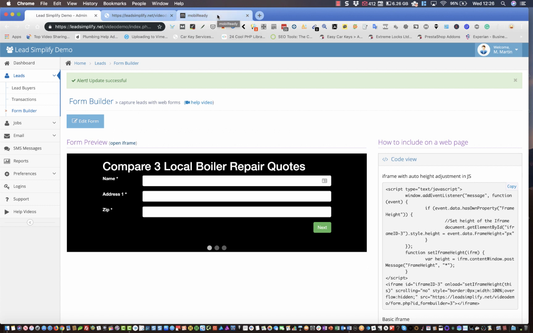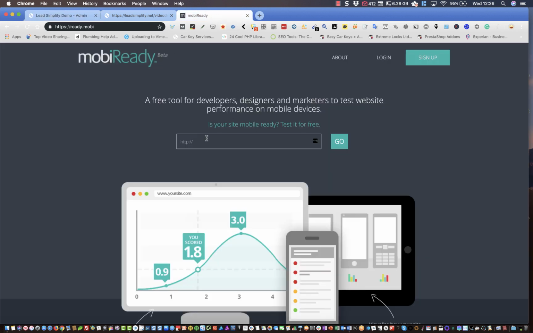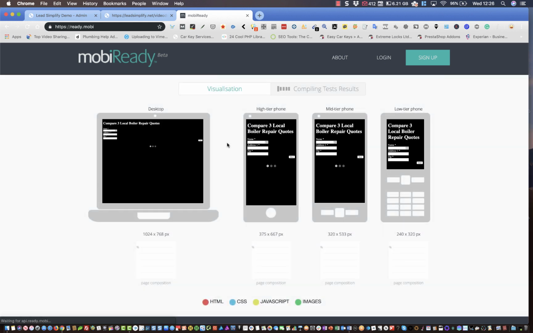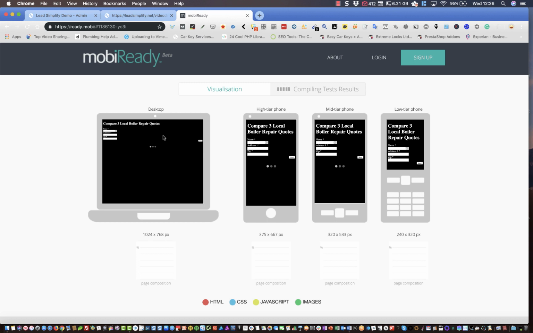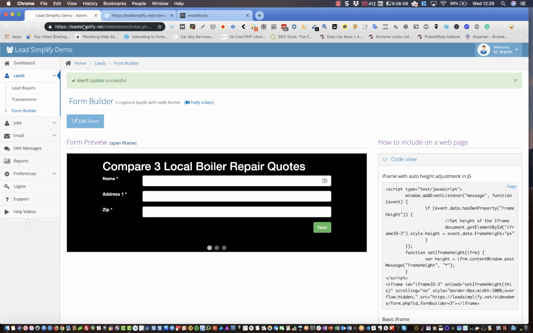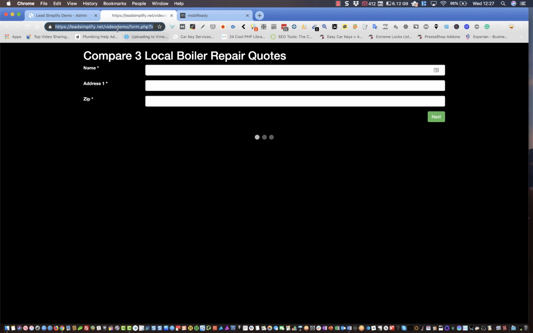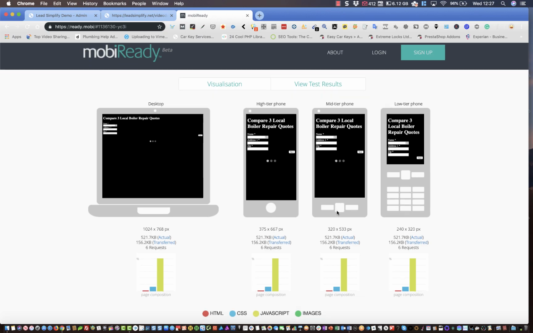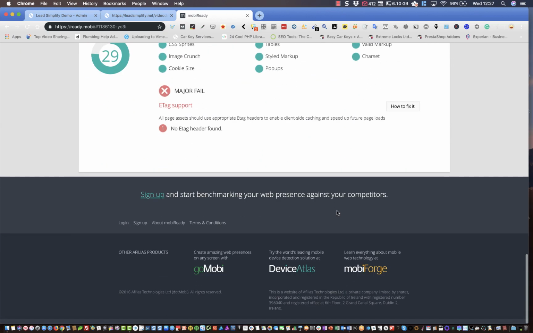Now you're going to have to be creative with your own industries, but I thought straight away I need to record this to show people. So if we go over here on this little website, this just shows what it's going to look like. So on a desktop it looks crap. Now we can probably change that further down the line. So what he's doing is he's using this URL here, that one, and he's sending ads straight to the form. And that's it. They're just going straight to his form.